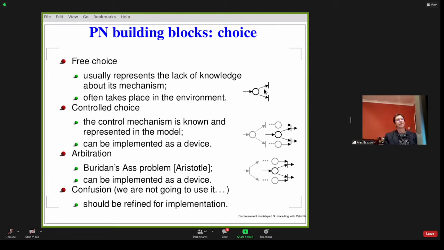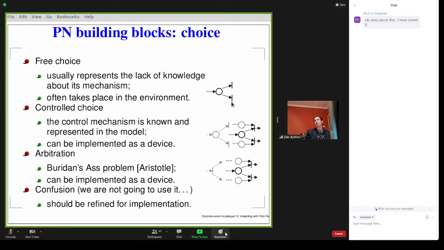It's random, right? But here we can say that we don't have knowledge which one fires, this transition or this, right? We are just not reading the book. We don't have this knowledge. The system may know it internally, but we don't know this kind of detail about the system. And we say that it is a free choice from our point of view. Okay, so we can restrict this choice and make it not free. And this is done later, here and there.